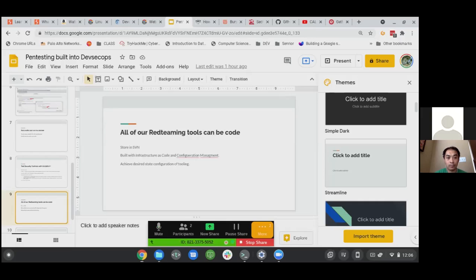Because if, say, for instance, a pen tester can take what she's doing in a manual process on her engagements and then wrap that into a pipeline that the developer was using on their application, well, then they can repeat her results on a more frequent basis, right? And then her job then is she also becomes a developer, because now she's coding her red team tools in such a way that each execution in each pen test is in itself